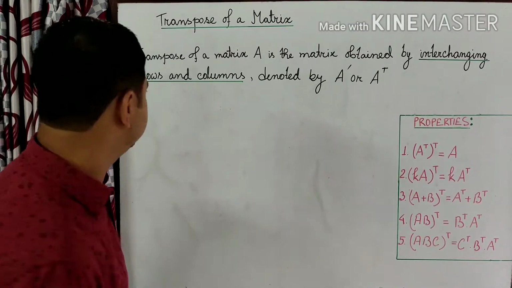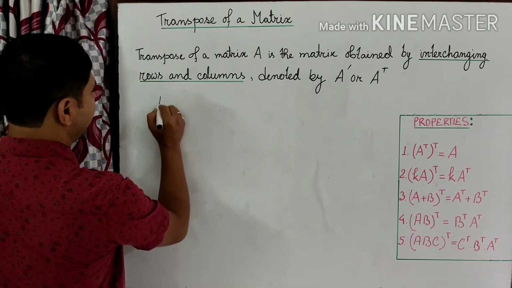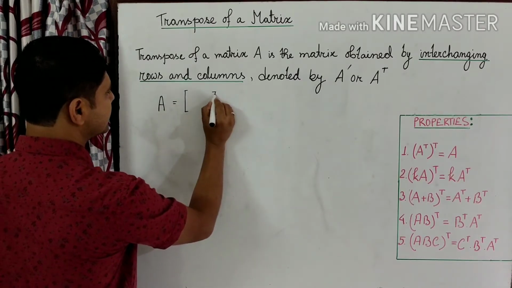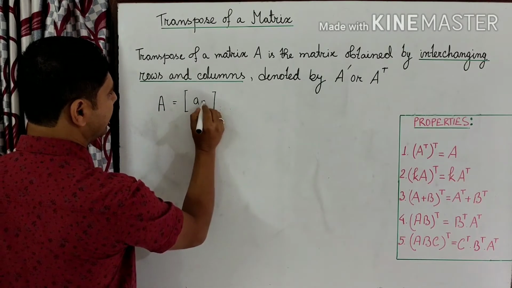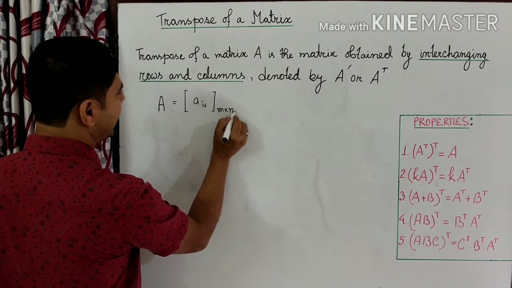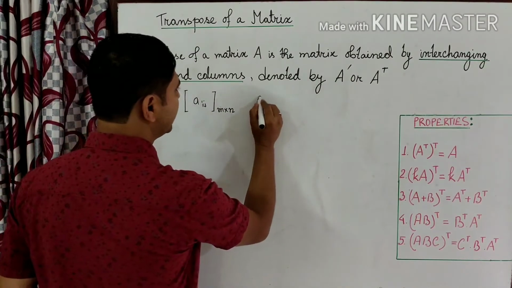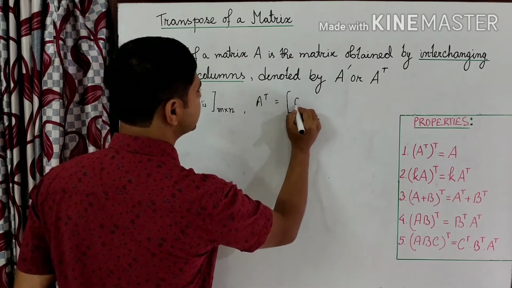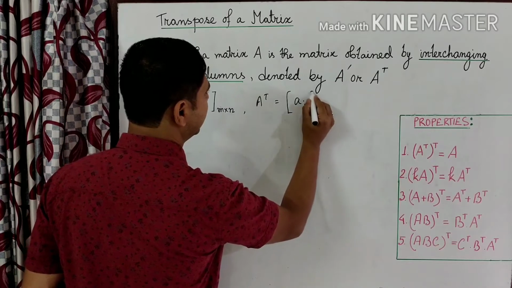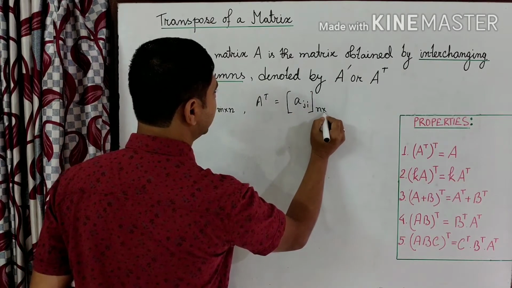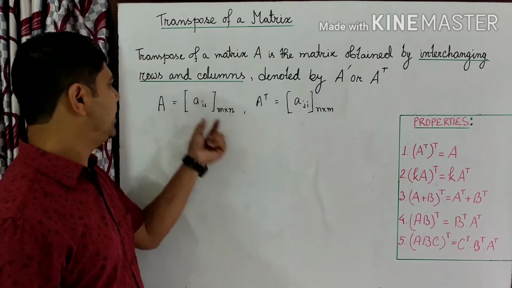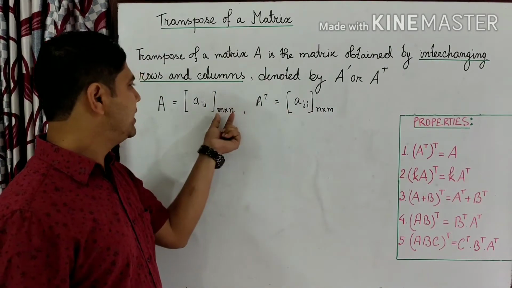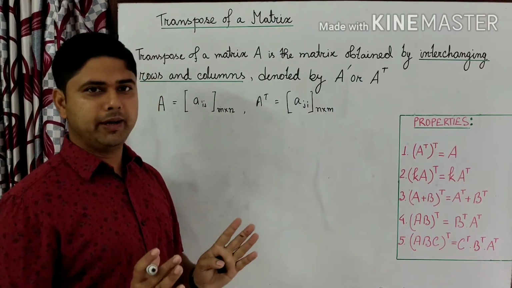Transpose of a matrix. Simply, according to the definition, when you consider A be a matrix whose elements are what? Aij. Order is what? M by n. Now A transpose means what? You have this element Aji, whose order is what? N by m. The elements that were Aij have become Aji. Here order is M by n. This one is N by m.